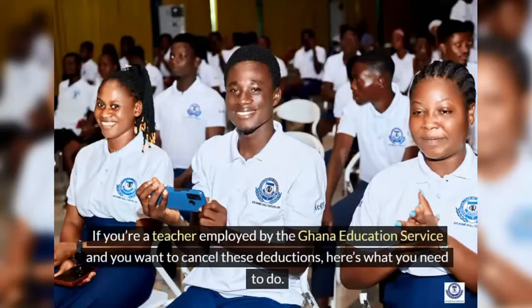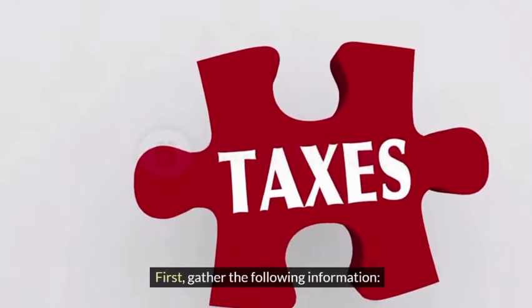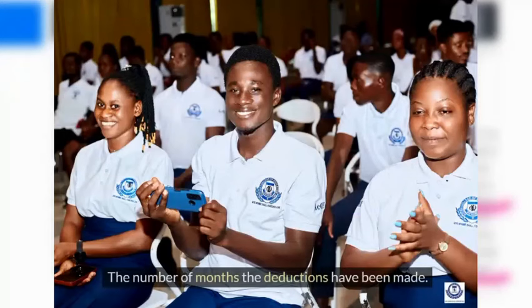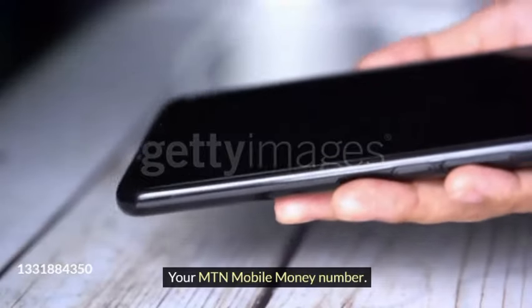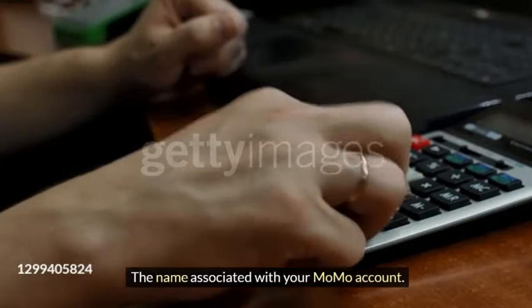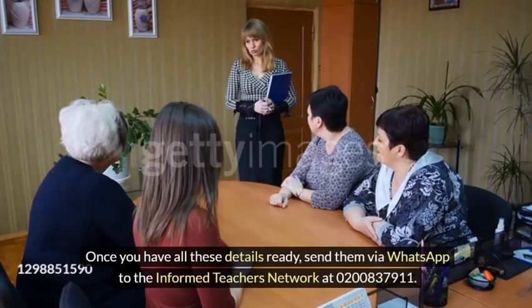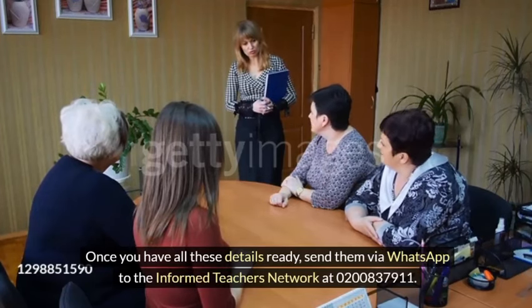If you're a teacher employed by the Ghana Education Service and you want to cancel these deductions, here's what you need to do. First, gather the following information. Your latest payslip. The number of months the deductions have been made. Your MTN Mobile Money number. The name associated with your Momo account. Once you have all these details ready, send them via WhatsApp to the Informed Teachers Network at